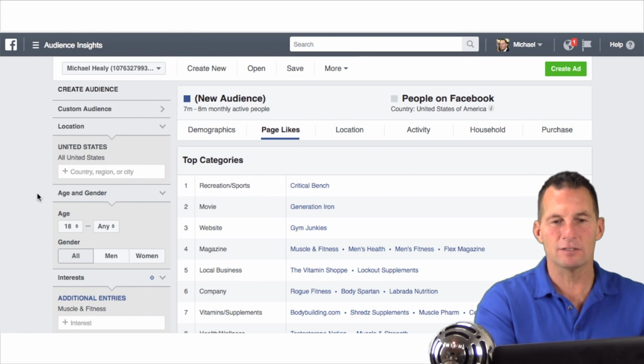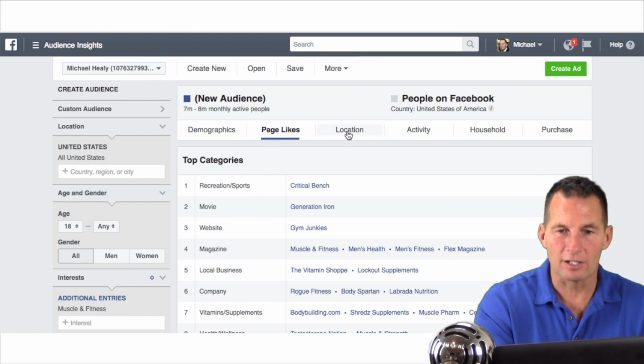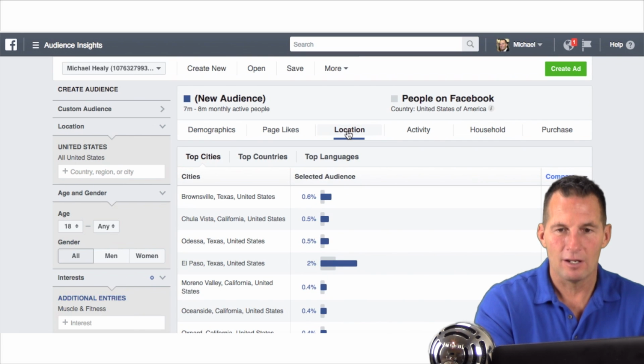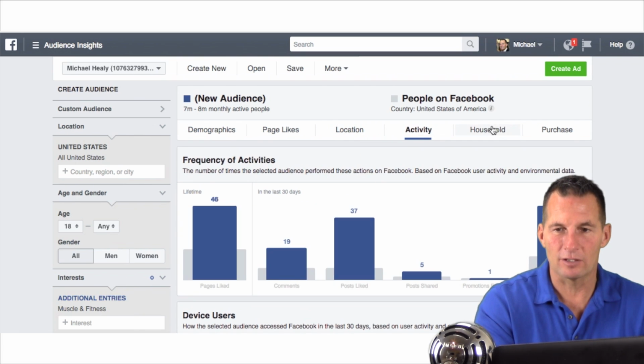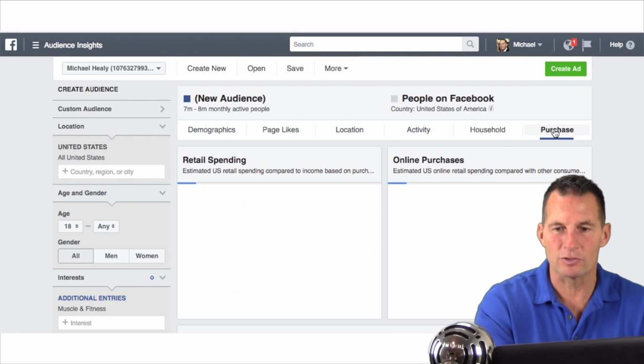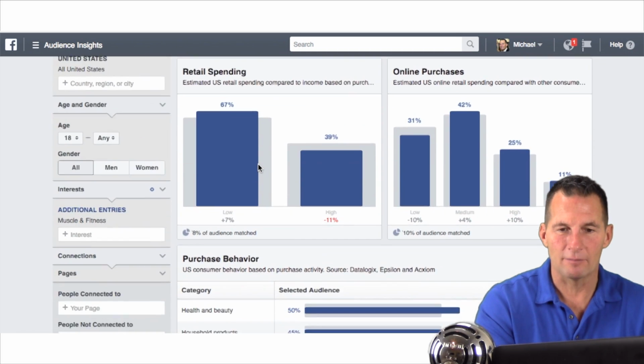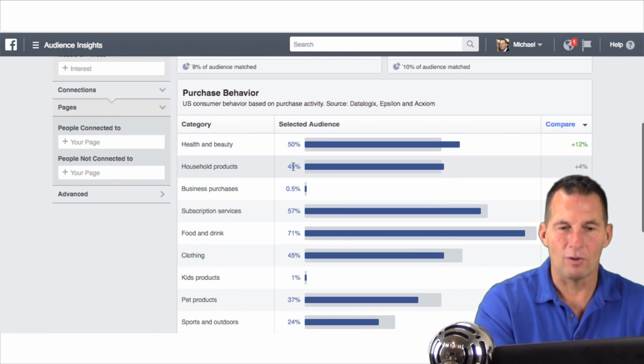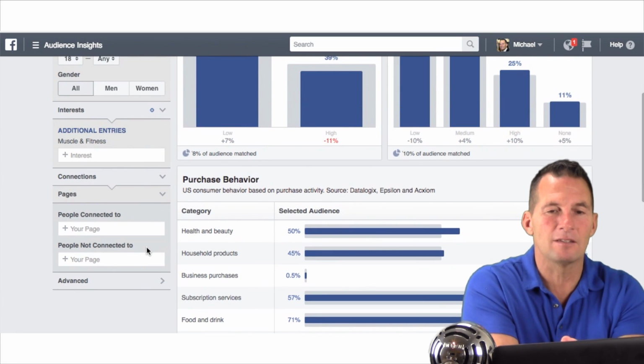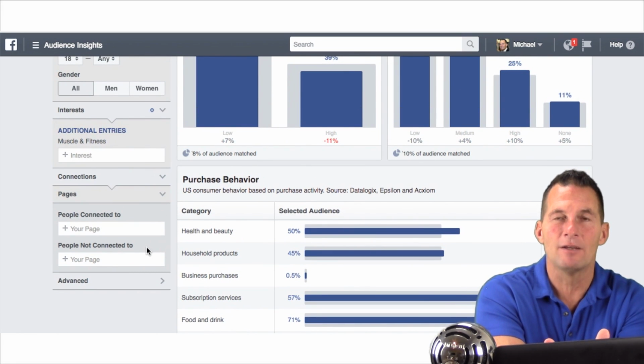You can see the size of your audiences, and then you can click on the location of where these people are. You can look at their activity. You can look at the size of their household. You can look if they purchase online, retail spending, purchasing behavior. You know, I mean, you can go through and get all those types of things in your ad